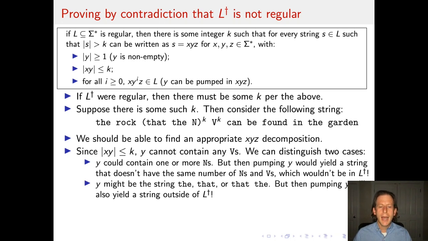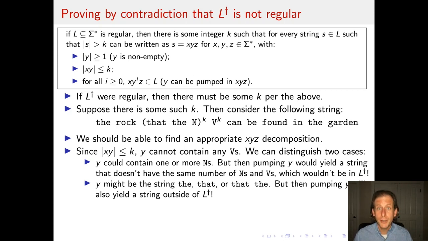Alternatively, y might not have any n's in it. If it doesn't, then it has to be the string the, that, or that the. And I think that you can see that no matter what option we choose, y could not be pumpable. So for example, if it's the, then pumping it would lead to sequences of multiple thes